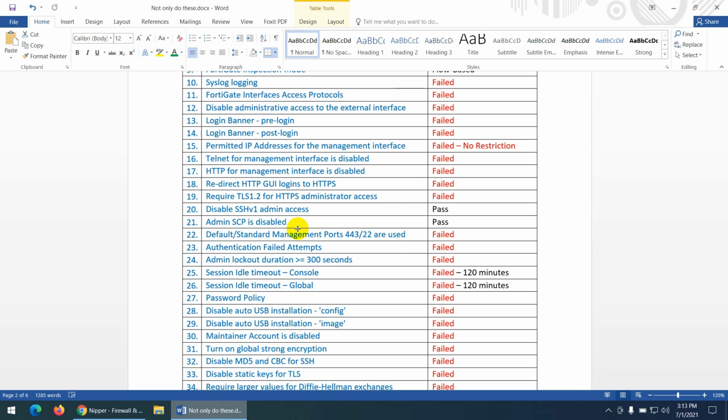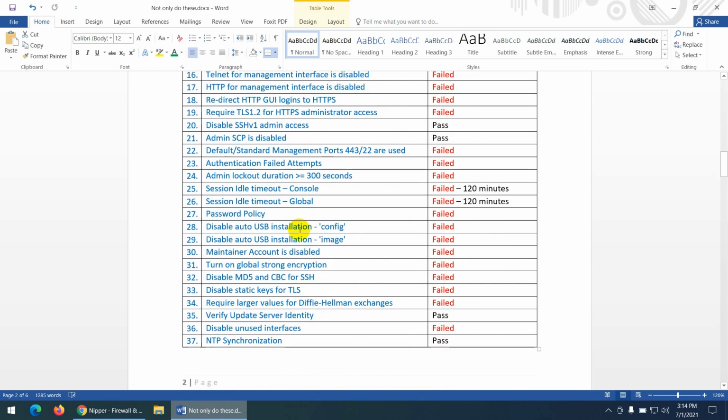Telnet has to be disabled. HTTP, which is a clear text protocol, you need to redirect to HTTPS. You need to use an updated TLS version. You need to disable SSH version 1. You need to use SSH version 2. You need to disable SCP, which we can use for many other purposes.